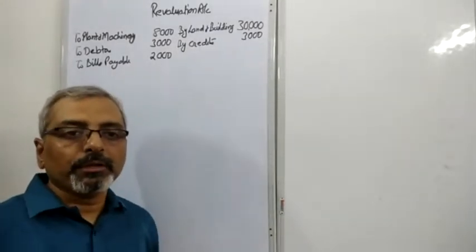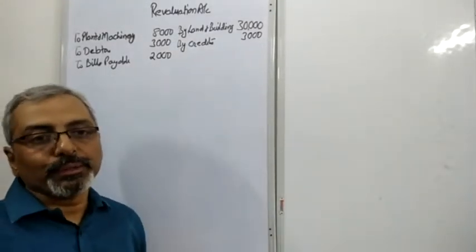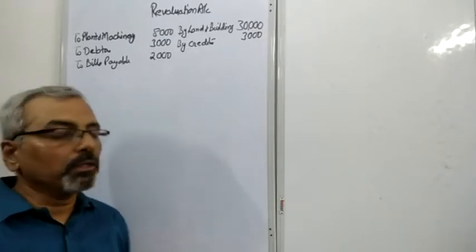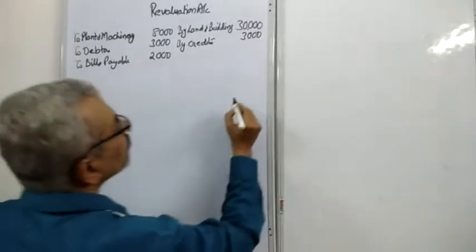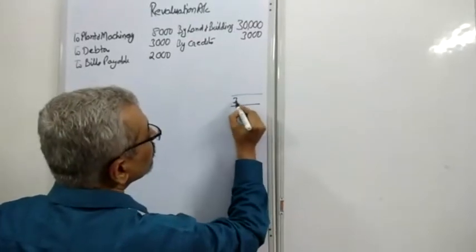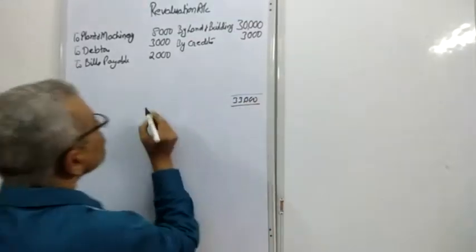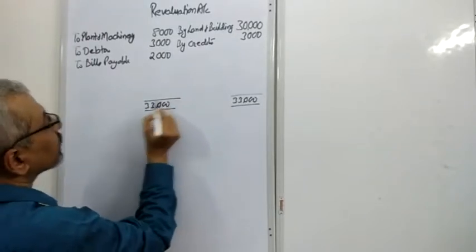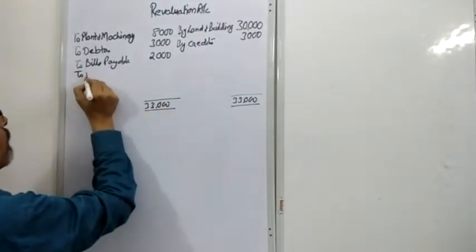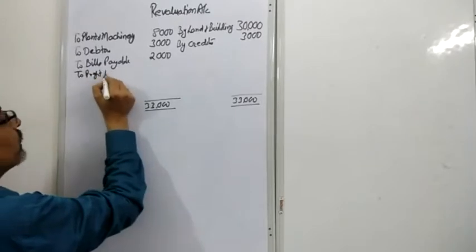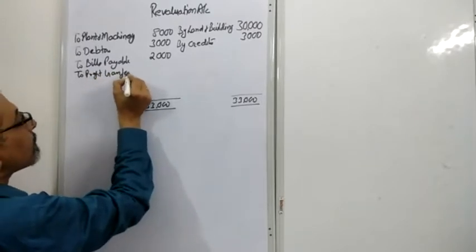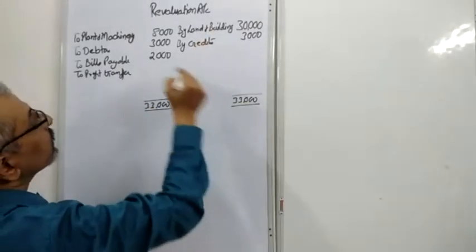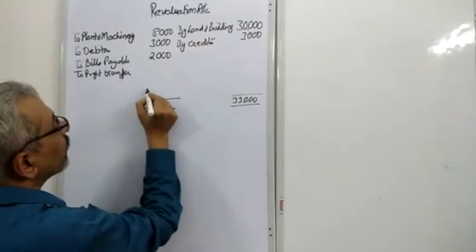Now after we prepare the revaluation account, we will compare the debit side and the credit side and will find the result of the revaluation. Over here you can see the total is coming to 33,000 and we will have a profit. So to profit transfer, and we have over here, you can see the profit 33,000 minus 13,000 gives us a